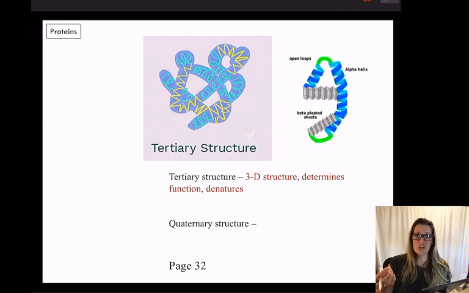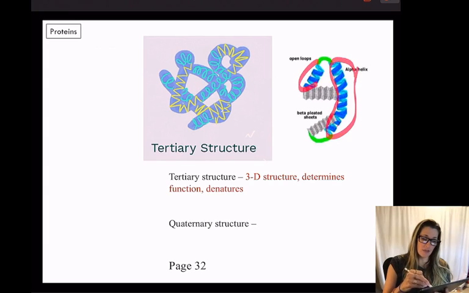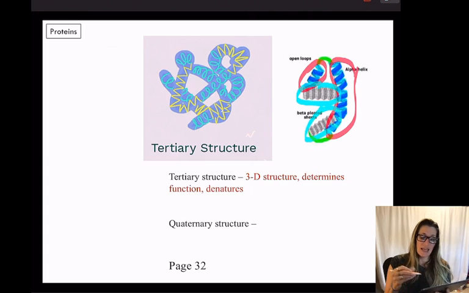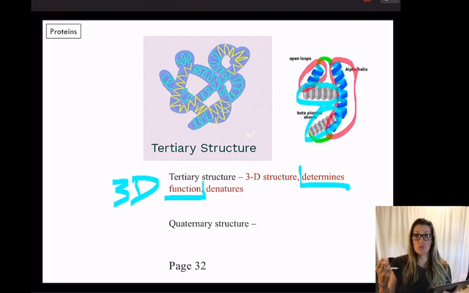The tertiary structure is what determines the function of the protein. Here you can see there's an alpha helix, another alpha helix, then a beta sheet, and here's another beta sheet. What the body does is take those already twisted-up parts and fold them onto each other, making it three-dimensional. The critical thing is that this tertiary structure actually determines the function, because it determines what parts of the amino acid sequence are available for interaction with other things.